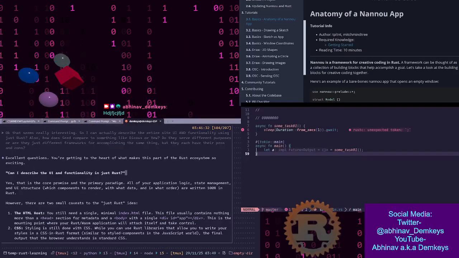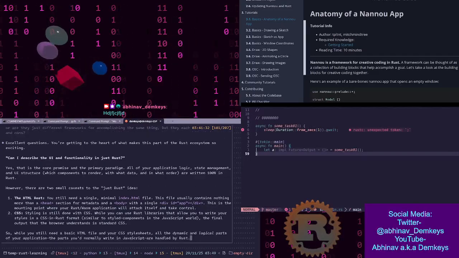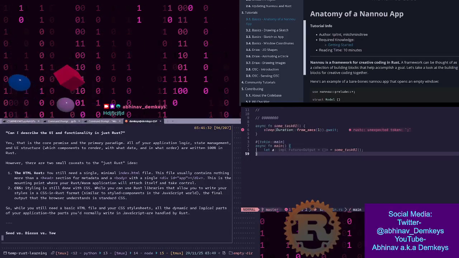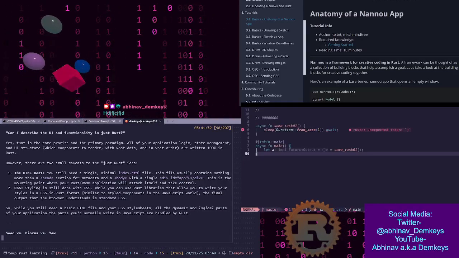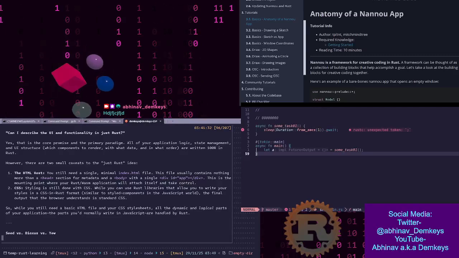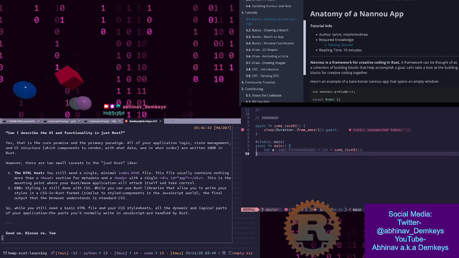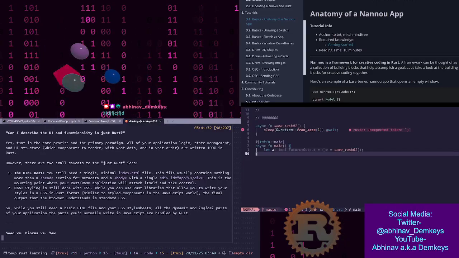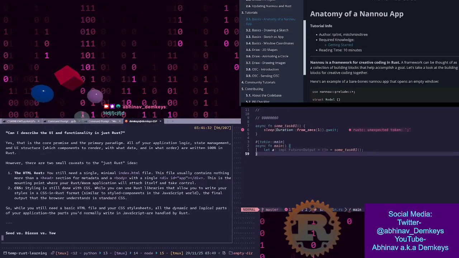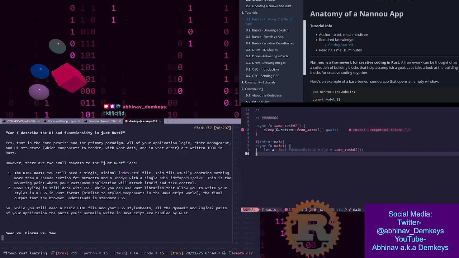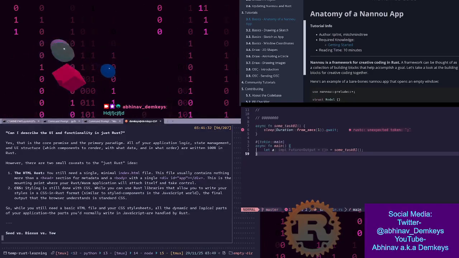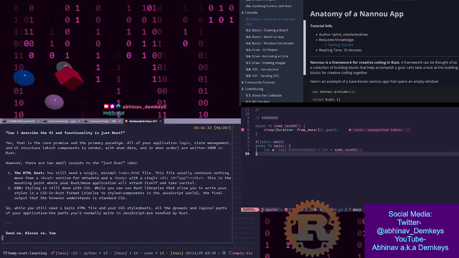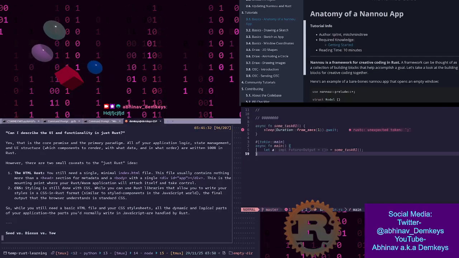Oh, wait, there was a bunch more here to read. However, there are small caveats to the just Rust idea, the HTML host. You still need a single minimal index.html file. This file usually contains nothing more than a head section for the metadata and a body with a single div. This is the mounting point where your Rust WASM application will